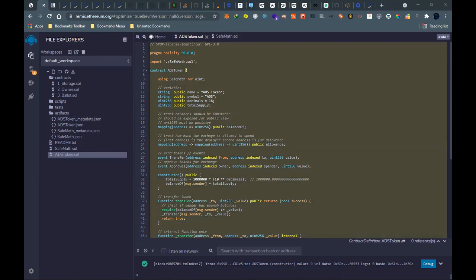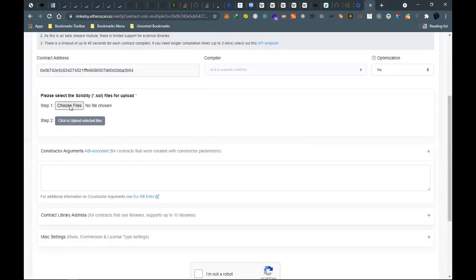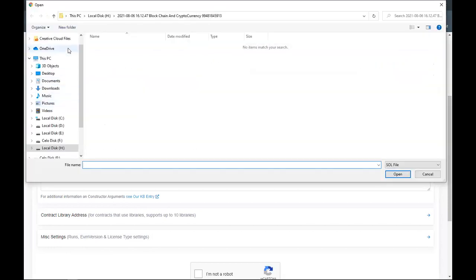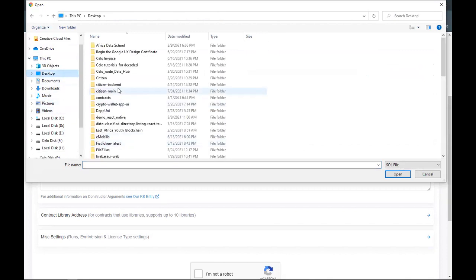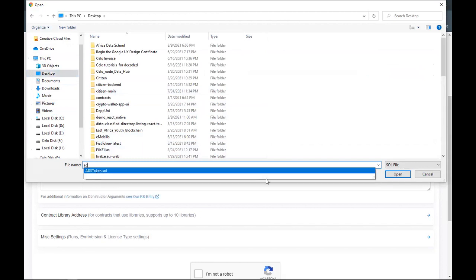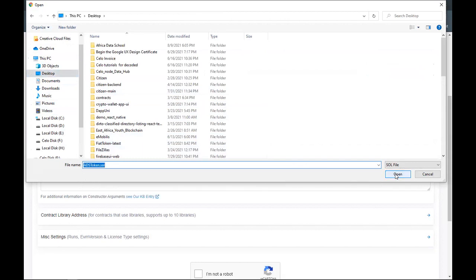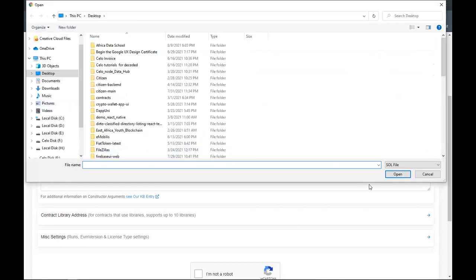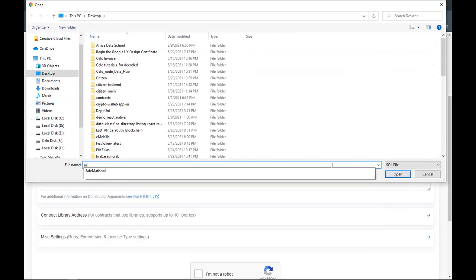Save. Then I can now choose. So we'll choose our files, which are on desktop. The first one is ADS. And then we have save.